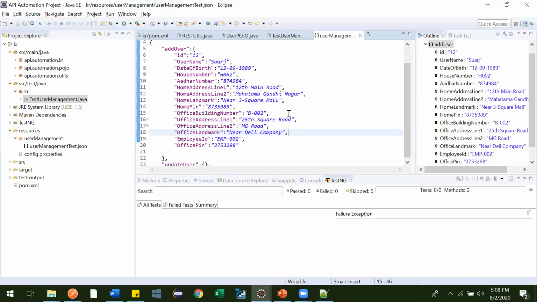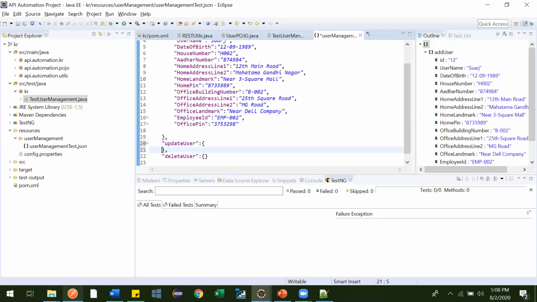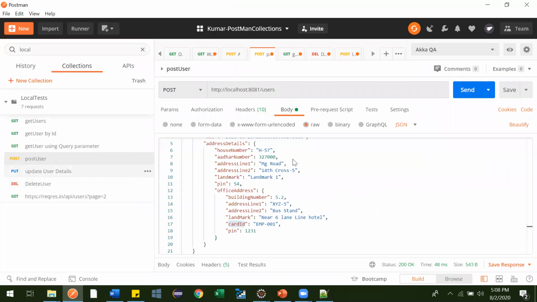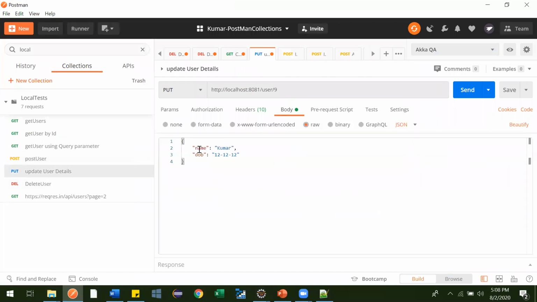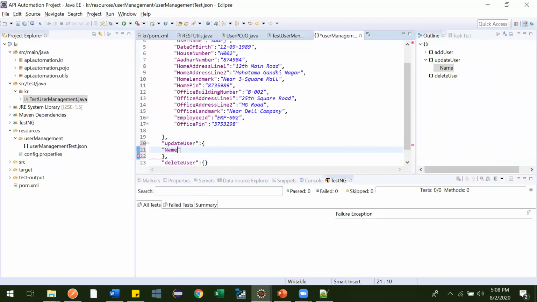So likewise, while updating user, what and all information do we need? For update user we need just two pieces of information, right? We need name and date of birth. We can update the name to Mahesh.